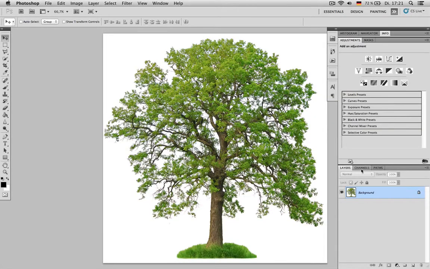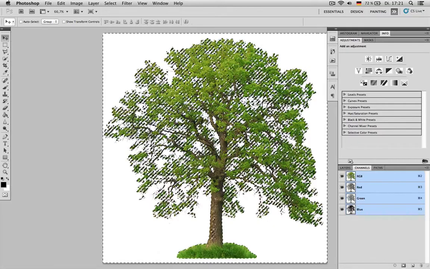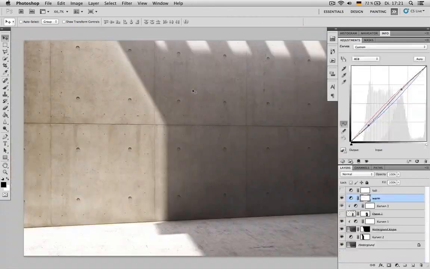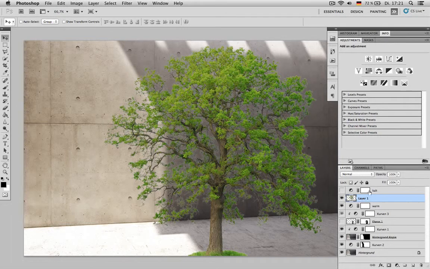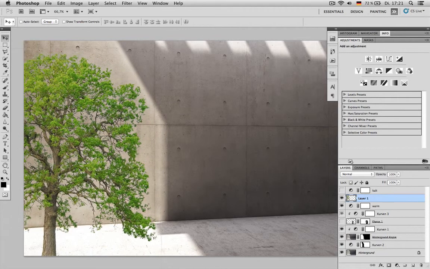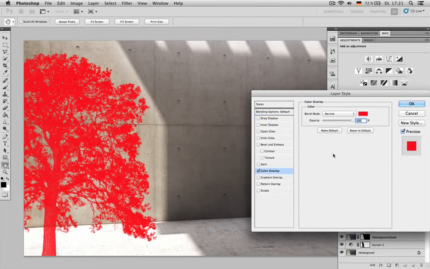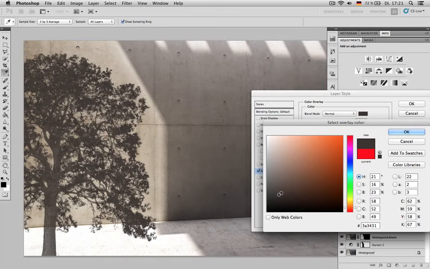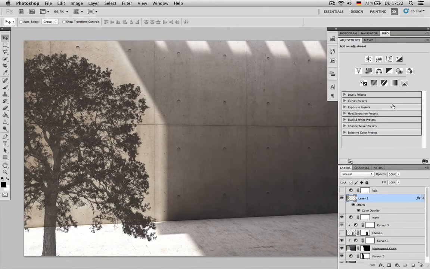So let's just grab the blue channel of this tree and invert the selection and copy paste it to this scene, and we can kind of use a color overlay and set it to a really dark tone, blur it,